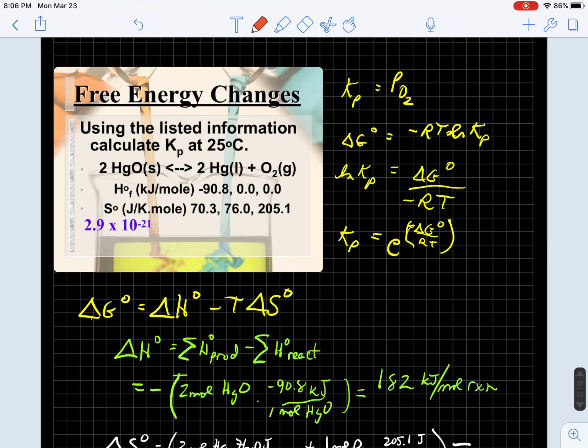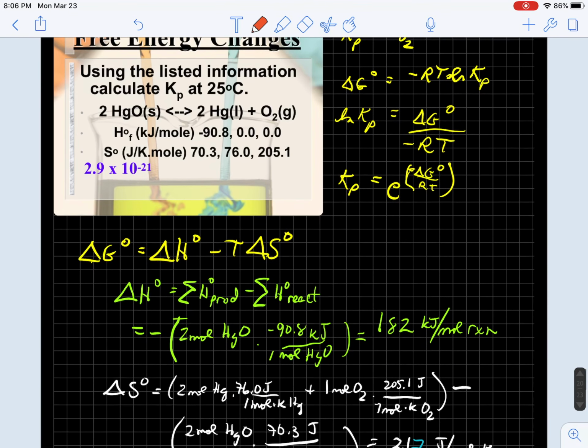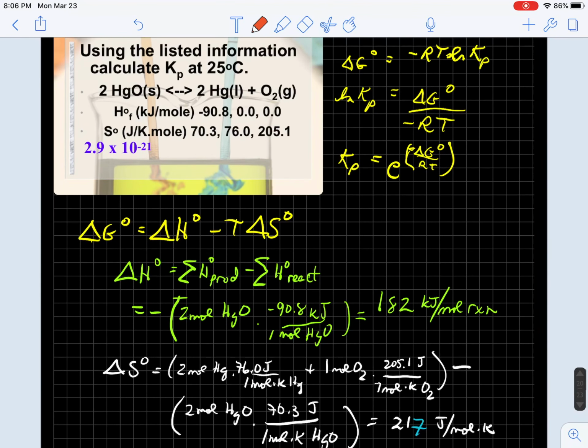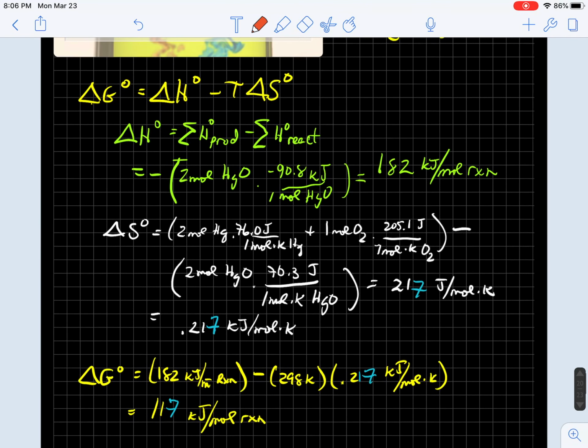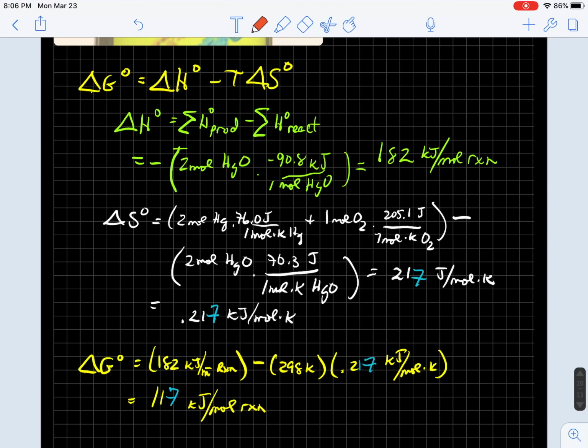Now, they've given us thermodynamic values, the only relationship that we had that involved K was negative RT natural log of K. So we solved that for natural log of K. And the problem is they didn't actually give us delta G naught, so we're going to have to calculate that, which is annoying. So to get delta G naught, do the Gibbs equation,